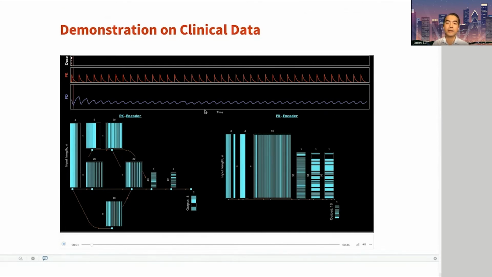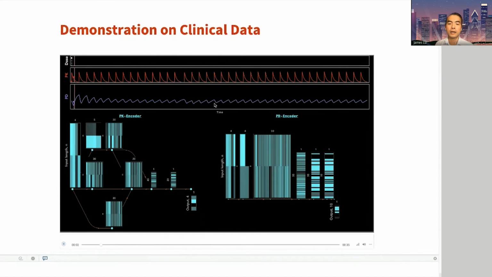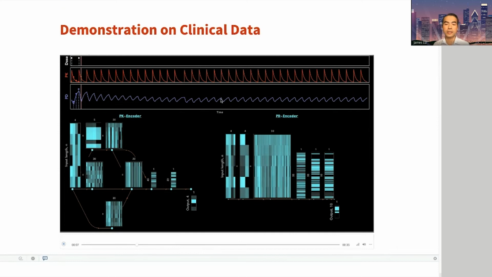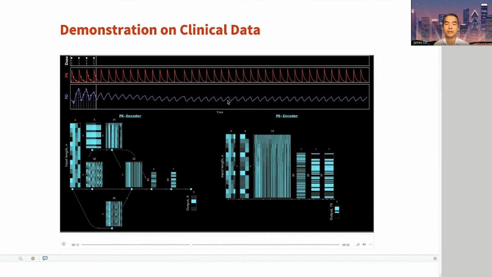Here, we are showing the model predictions. On the top, the solid lines represent the PK and PD predictions. And we see this being updated as individual patient data is fed into the neural network. The visualizations that you see below represent the outputs of the neural network layers from the PK as well as the PD encoders. And as we see this prediction being updated,